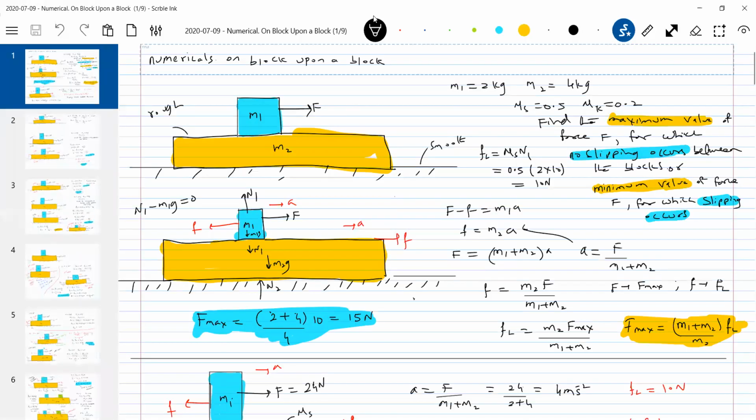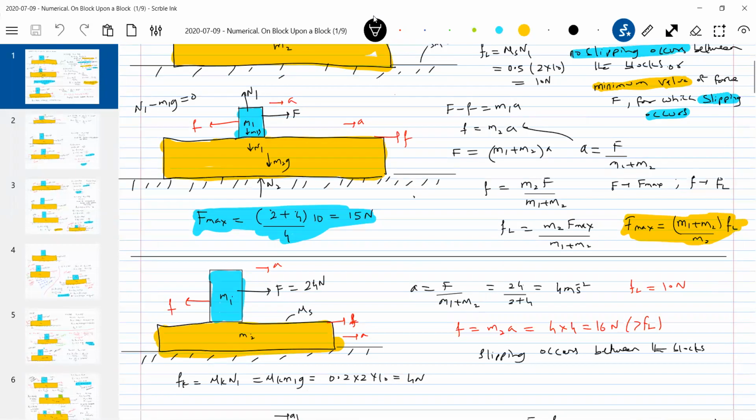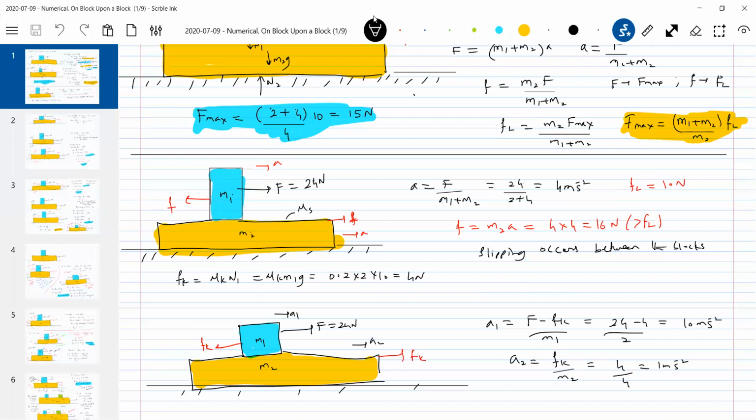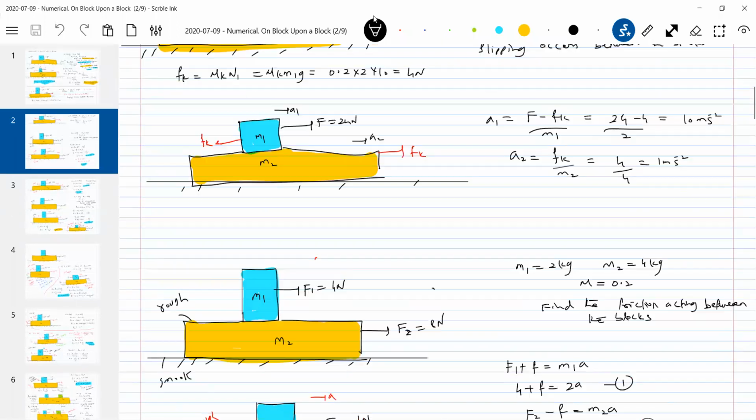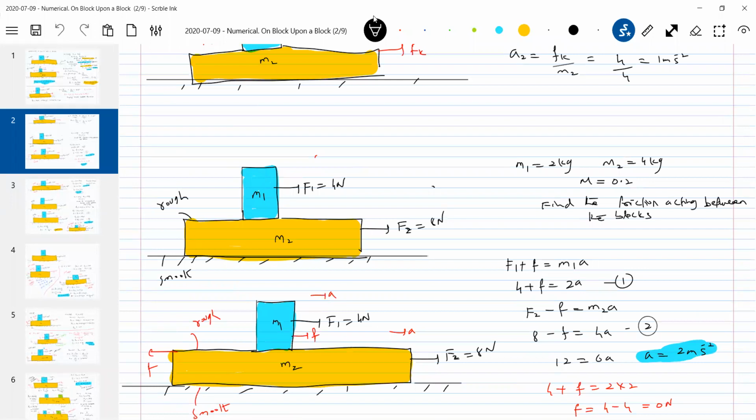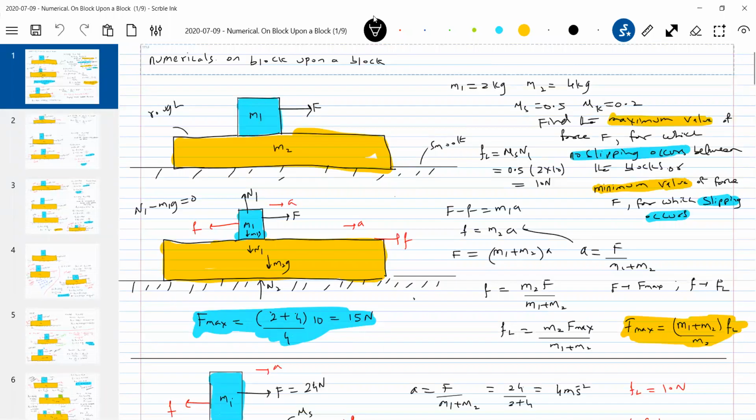What we did, look at here. Both the blocks are moving, no? Then what friction is acting? F equal to 24, slipping occurs between the blocks. Now, if I apply 4 Newton, what is the maximum force acting on the blocks for no slipping to occur? So I got this value, something like 50 Newton. If I apply less than 50 Newton, both will move and the friction acting will be static, no? So static friction acting doesn't mean that the block should be at rest. That's not a necessary condition.